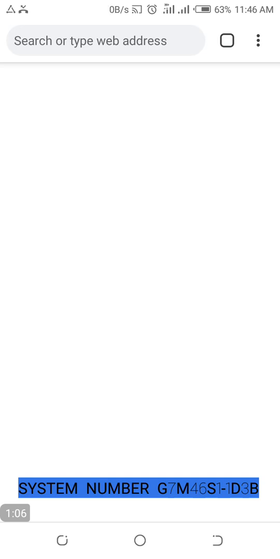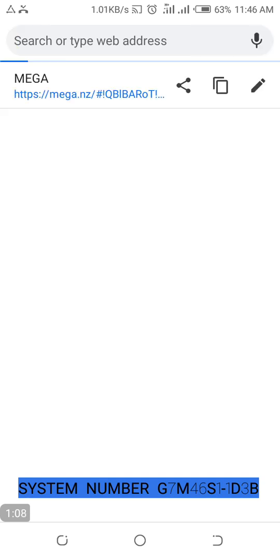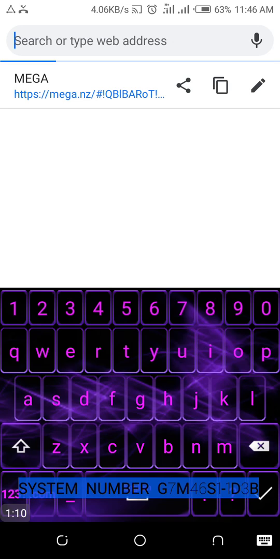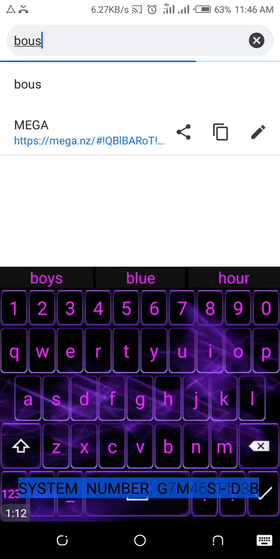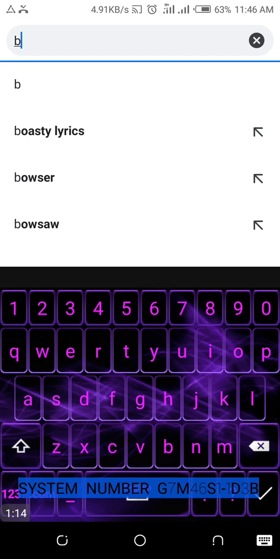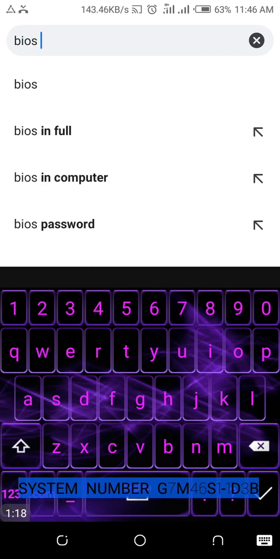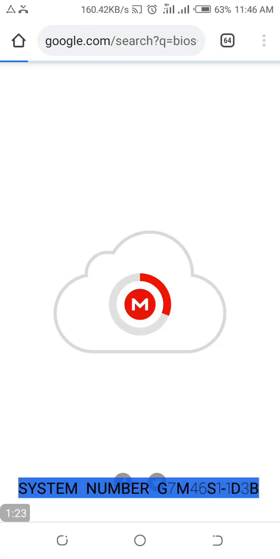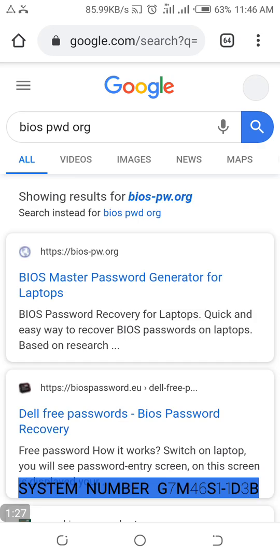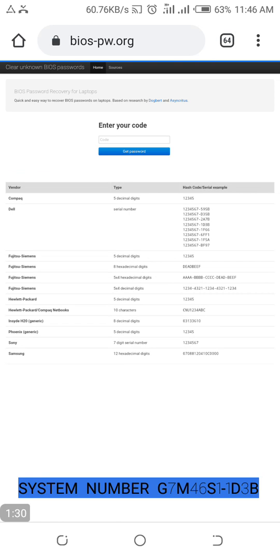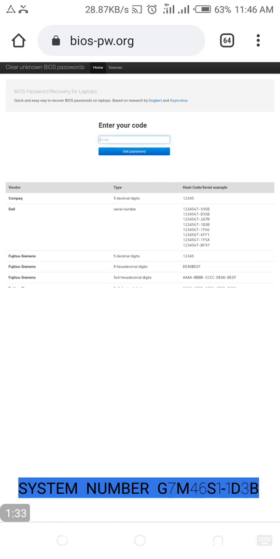When you go to this website, you type in these words. You type in BIOS, space, PWDORG, and then you search. When you search, the first option they bring, this one here, is where you go, and then you enter your